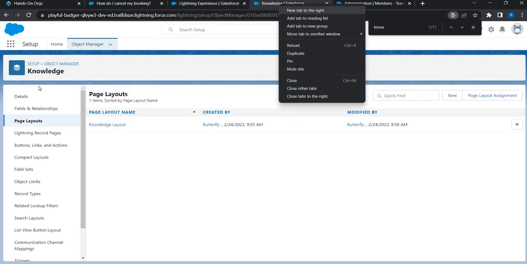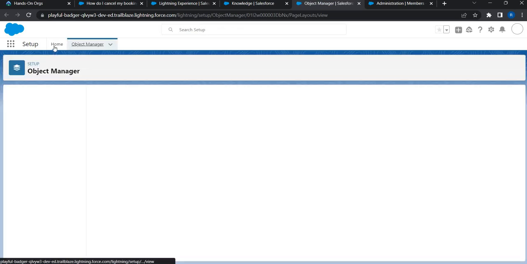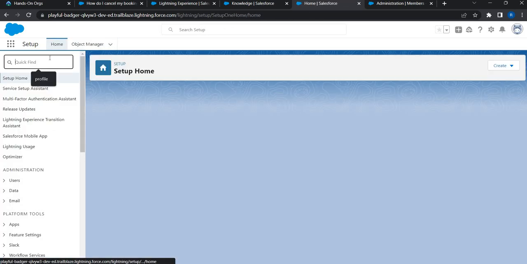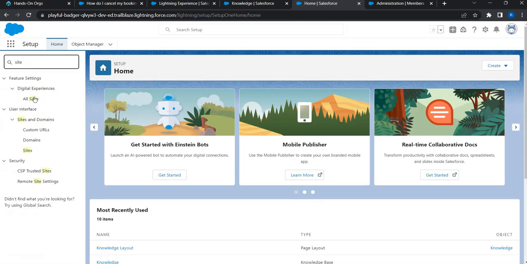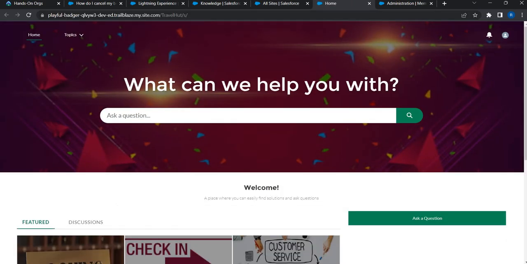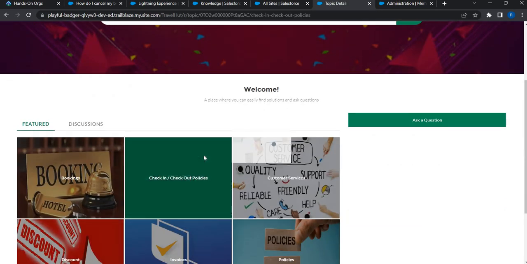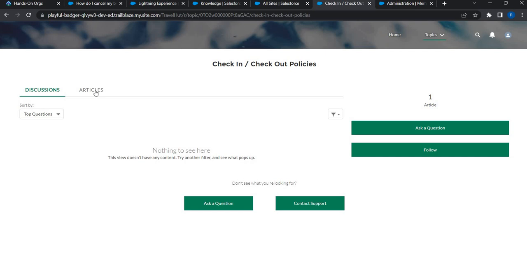Let me duplicate this. The idea is we wanted to create a separate page layout for our customer portal users. So that's the idea. And if you go right to this, yeah, this is our website, right? This is our customer portal, right? If I go and take a look at one of the articles,